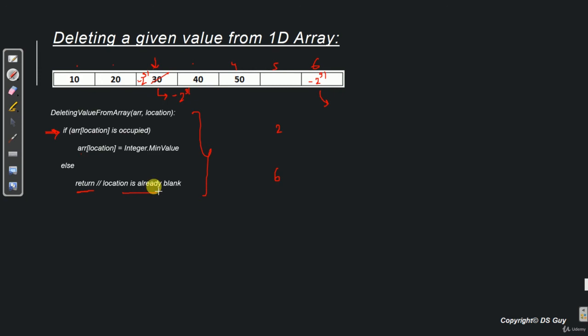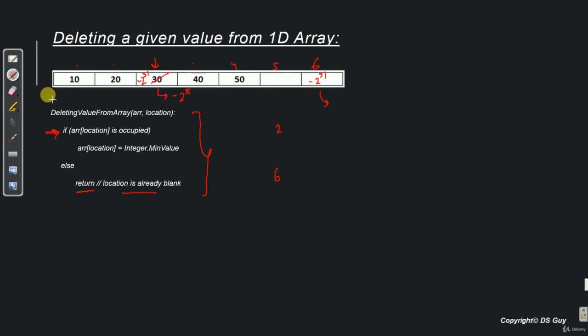Now you can always ask me what happens if we give a location, let's say -1 or more than the size of the array. If we give those kinds of invalid locations, then what happens? That is a valid question, and ideally when we are coding this algorithm we should always do all those checks, else our program will not be stable. But to make this algorithm easy, I have not considered all those checks. But when we are coding, of course we are going to do all those checks in our code. Fine, so we have seen how the algorithm of deleting a value works.